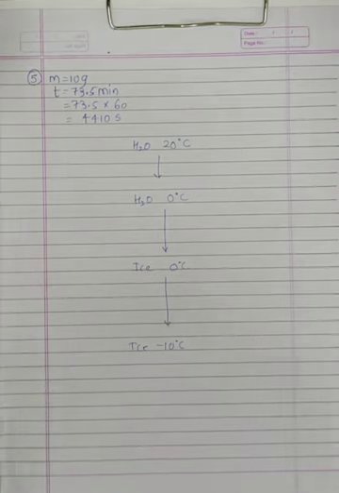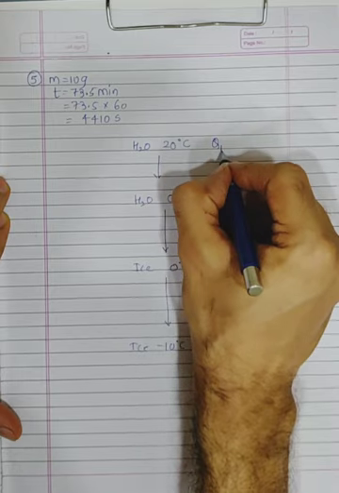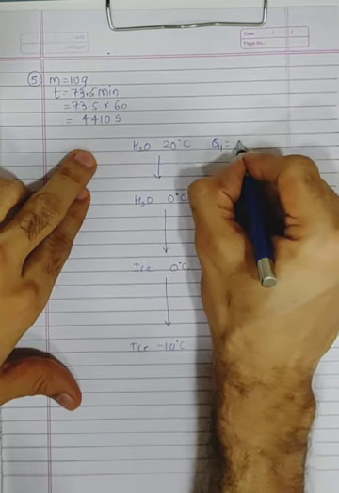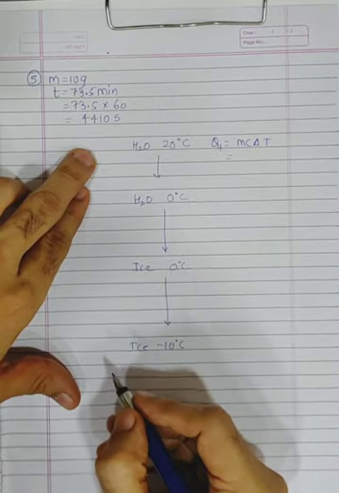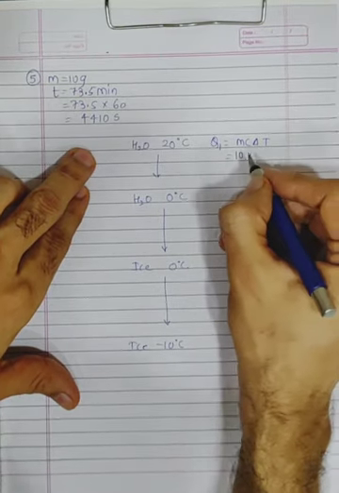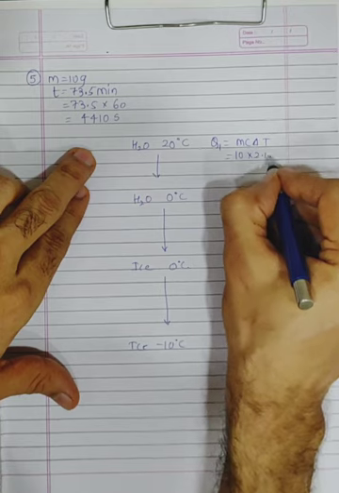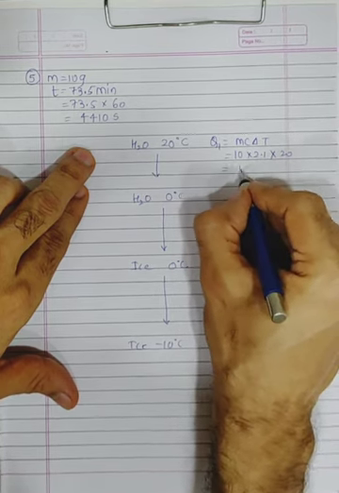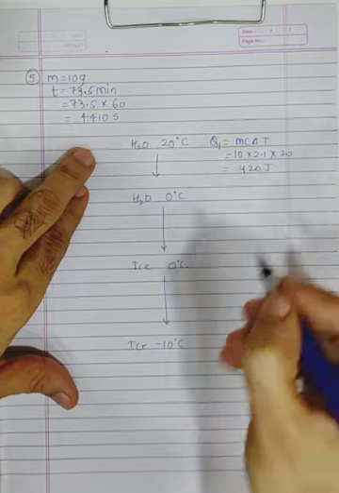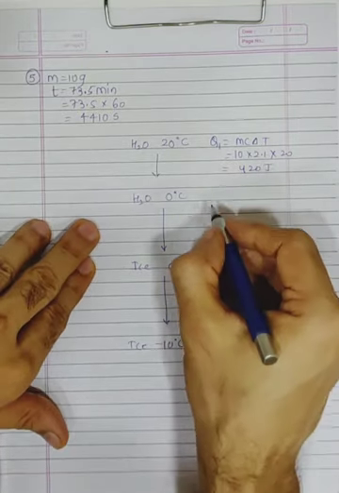Okay, now guys, we have to find out the value of Q1. I hope you all have already written the formulas of Q1, Q2, Q3 or thought about it. First we'll do the formula of Q1. Q1 is equal to mc delta T. So how much is the mass? 10. C of water is given as 2.1. Delta T is 20. I'm doing this a little fast, but I hope you now know how to do this.